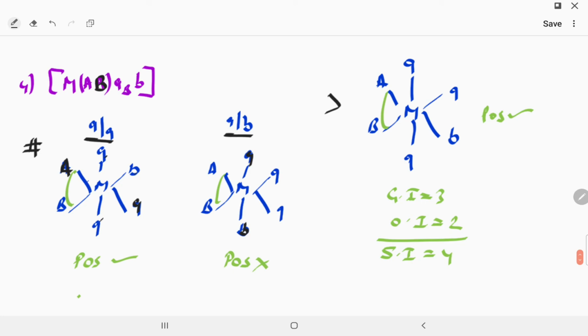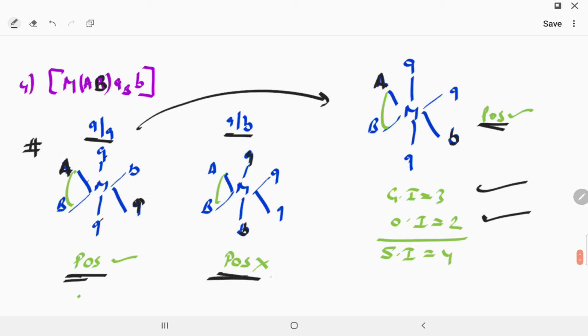You are able to see that I will make it two conditions. Sir, how? This A is opposite to A. Now this A is opposite to B also. Okay, this is a POS plane. This will also be a POS plane. So total geometrical are 3. Okay, and we can say optical are 2 because this is not having a POS plane. So it will show the optical. So total stereoisomers are 4. I hope guys this is very clear to you.